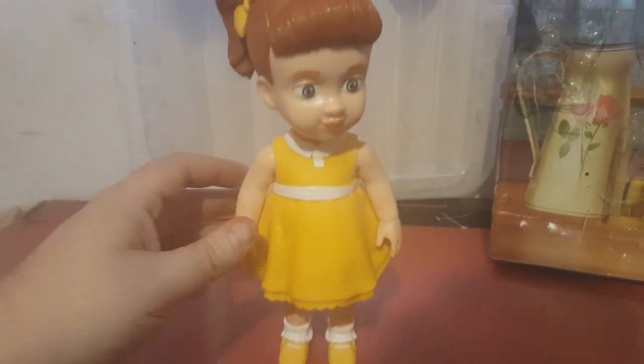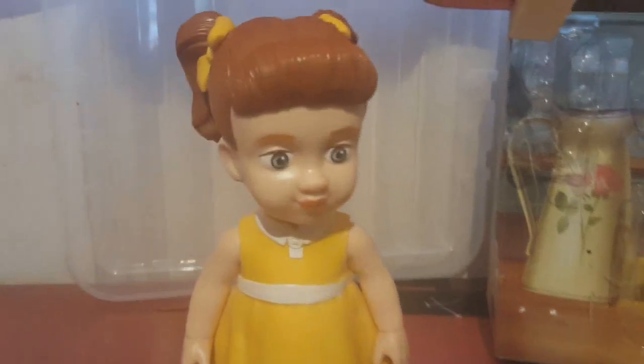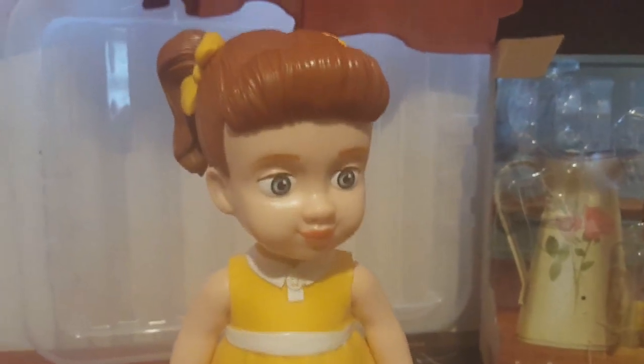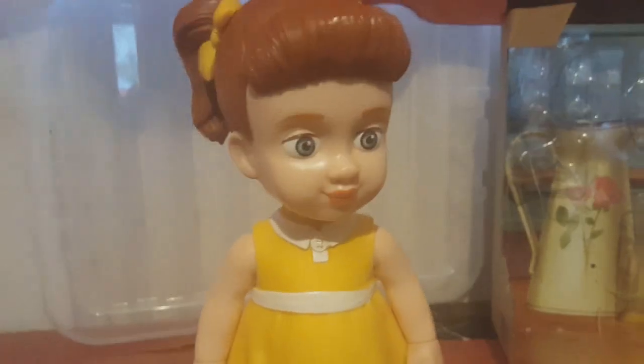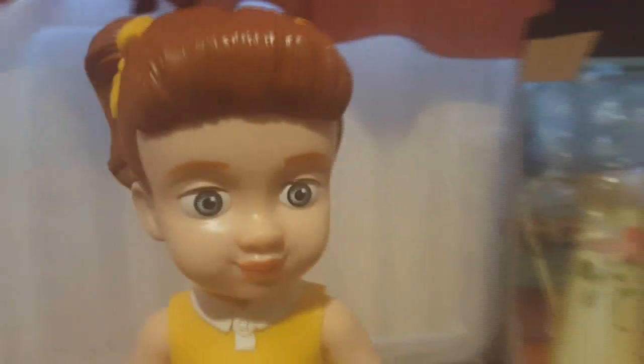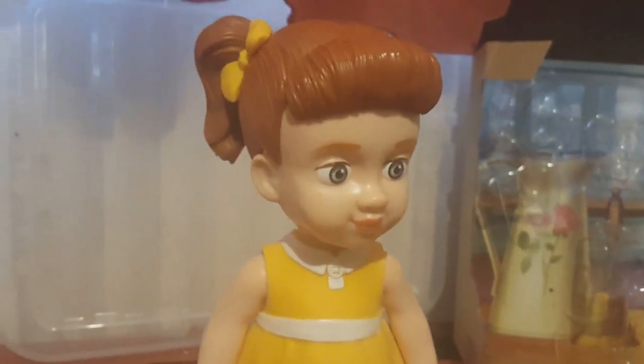Now, if I just pick her up, that is solid. That is a very hard head there, more solid than all the other figures in this pack. So she is the villain. We have a very solid representation of the villain of Toy Story 4. Maybe Gabby is an ally, who knows, but